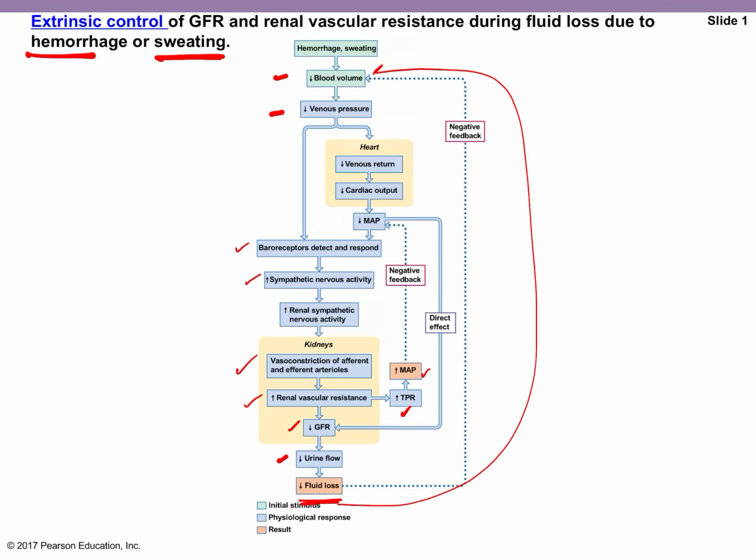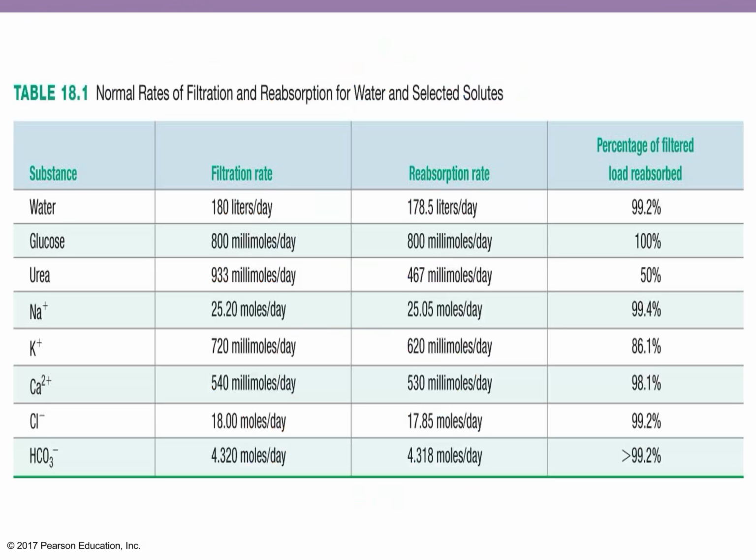Okay, and then we have a smaller negative feedback, where the total peripheral resistance will help increase your blood pressure. And that's going to help to mediate that drop in blood pressure. Okay,